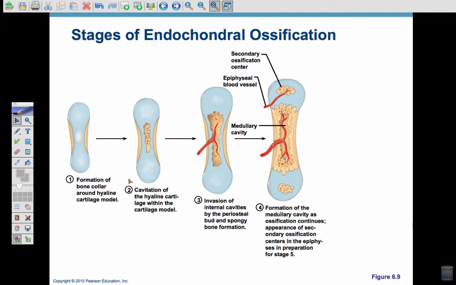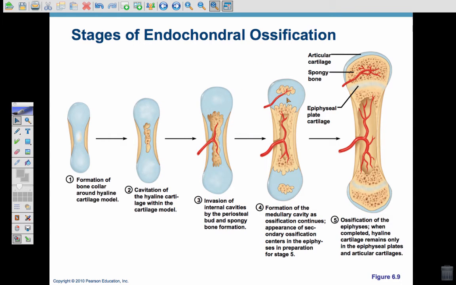As it says, we've talked about deterioration of the cartilage with bone forming in its place. And then ultimately, you have a substantial amount of bone tissue. There's actually articular cartilage that remains at the joints. But until